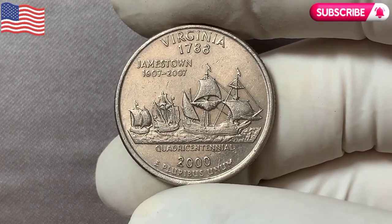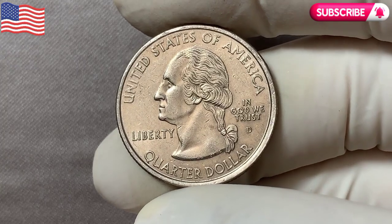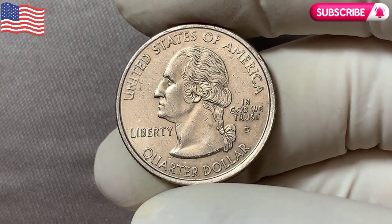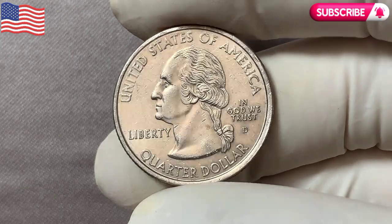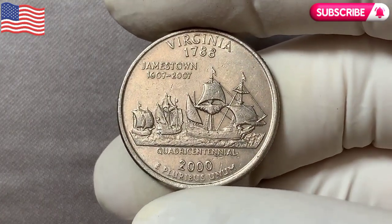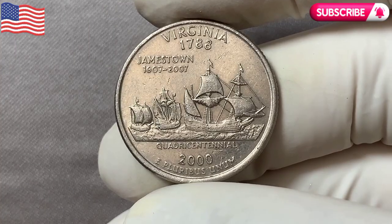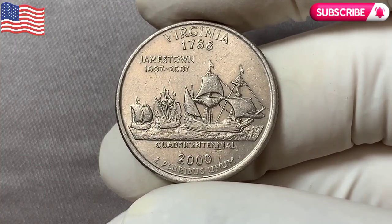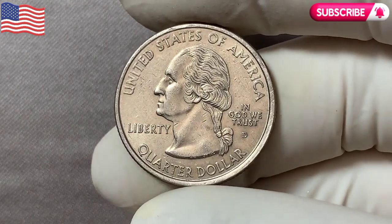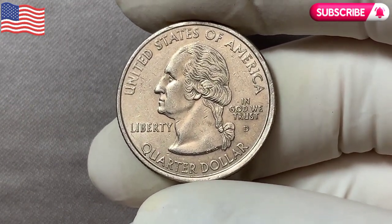And now for the moment you've been waiting for. A rare version of the Virginia quarter, minted in 2000 at the Denver Mint, featuring a well-documented minting error and preserved in near-perfect, uncirculated condition, was sold to a passionate collector not long ago. The final price: a jaw-dropping total of $65,000. Yes, you heard that right. A 25-cent piece turned into a small fortune,